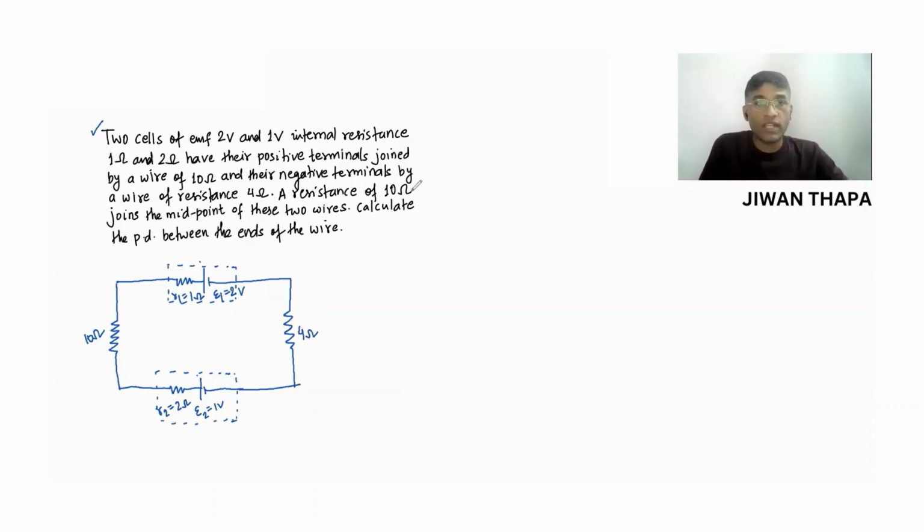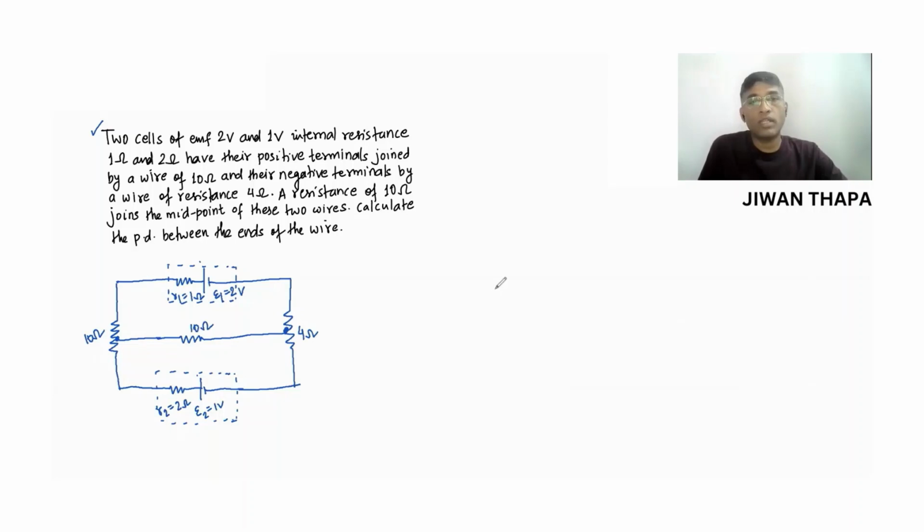A resistance of 10 ohm joins the midpoint of these two wires. So let's say this is the midpoint and this is the midpoint. So the midpoint of 10 ohm and 4 ohm is joined by a wire having resistance